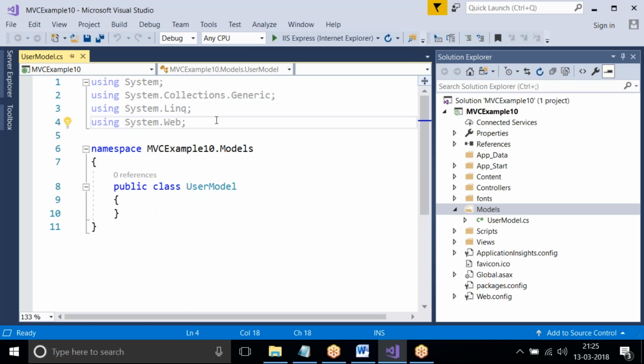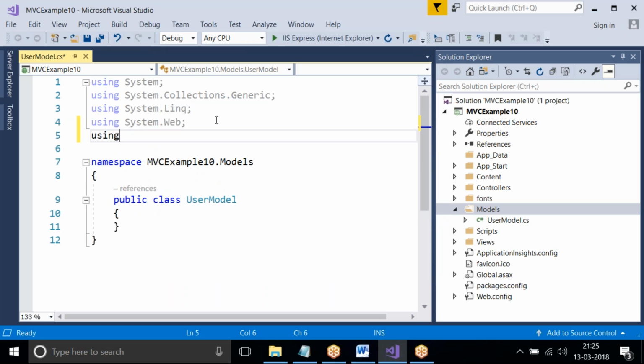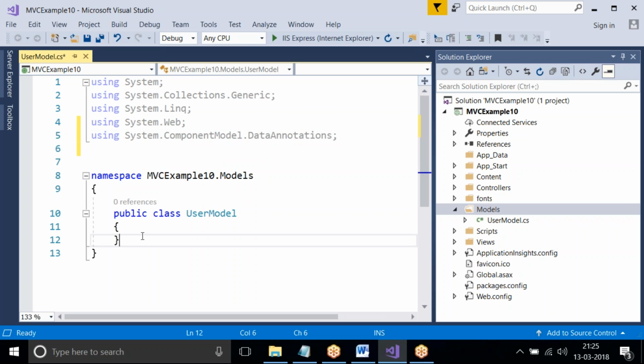Here I'm using System.ComponentModel.DataAnnotations. And here I'll give the properties in the class.